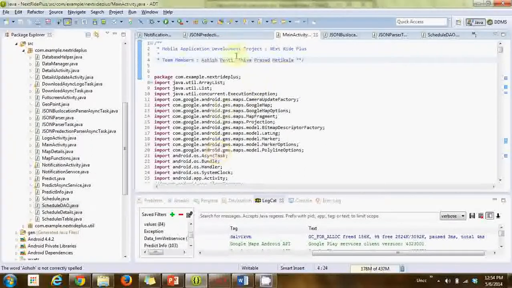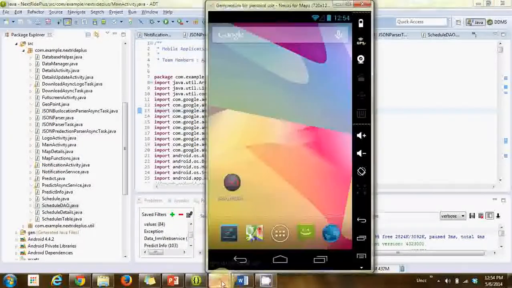And what's really cool feature, and what differentiates this application from every other app in the market, is that we generate alerts to the user based on their class timings and class schedule information, saying that a bus would arrive at his predetermined bus stop at so and so time, so that a student has an option to plan his departure timings prior to the class. I'll just quickly walk through our application.